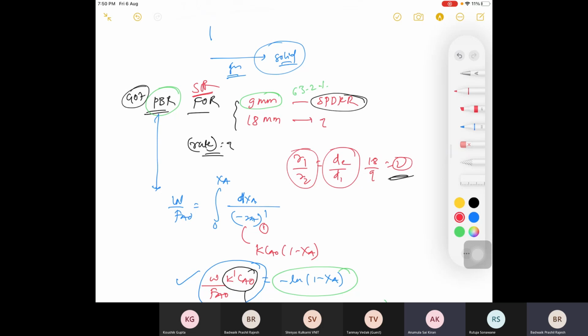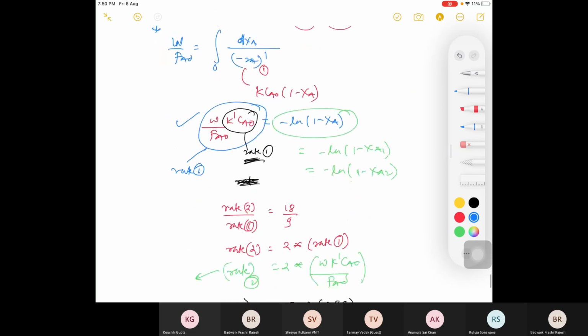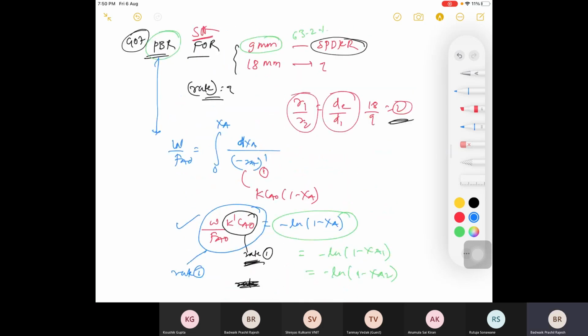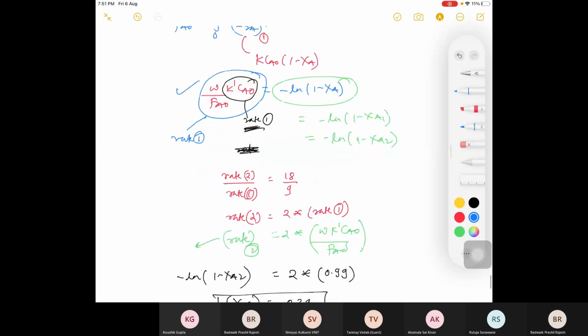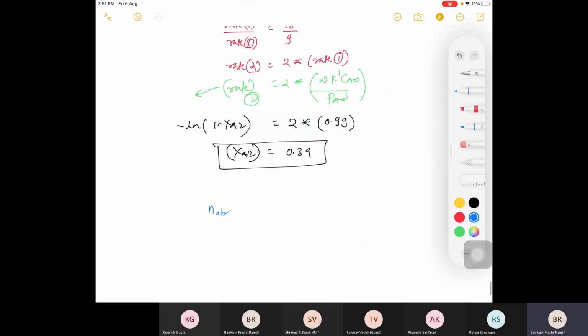Have you heard about falsified kinetics? Yes, sir. So was it in strong pore or weak pore? Strong pore. And why have I not changed it here? Because for a first order reaction there is no change in order, right? There is no falsified kinetics. So that formula was n observed is equal to n true plus 1 by 2, right? This we proved. So for a first order reaction, it is as it is.